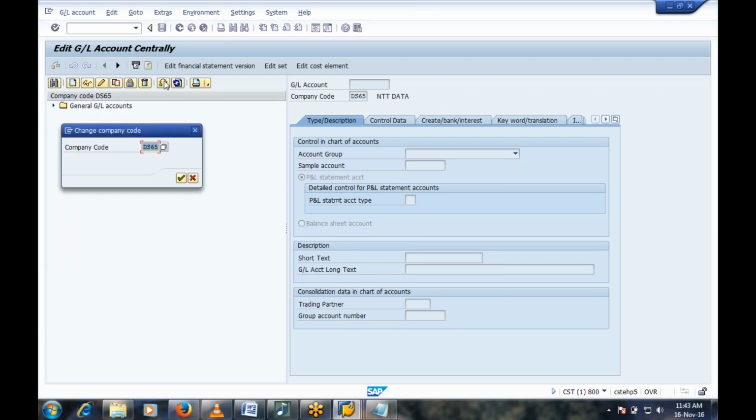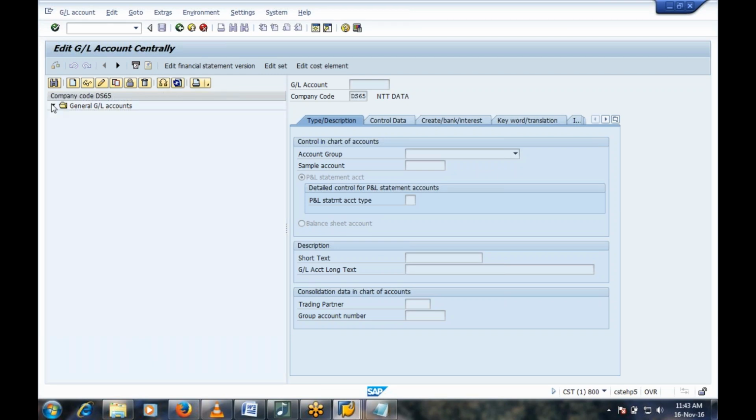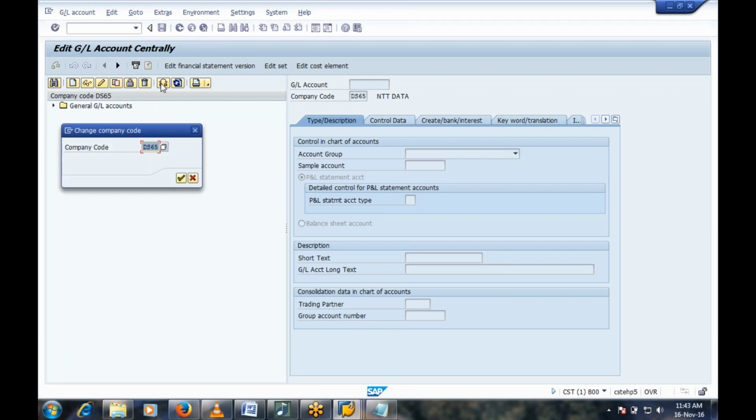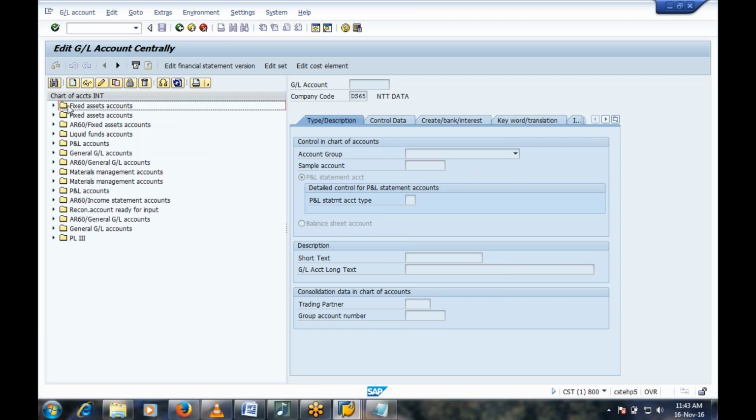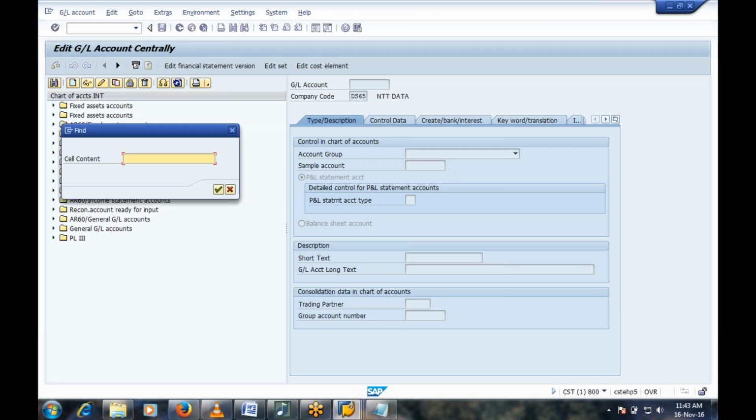You can just give the company code, chart of accounts INT. Now all the GL accounts will come here. Now give the GL account 300000.